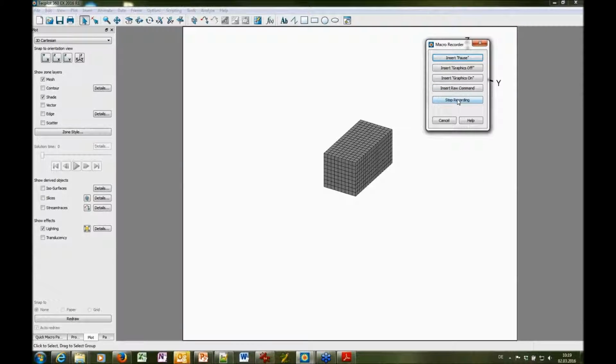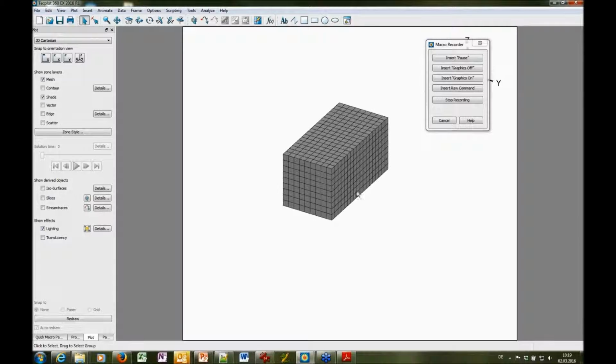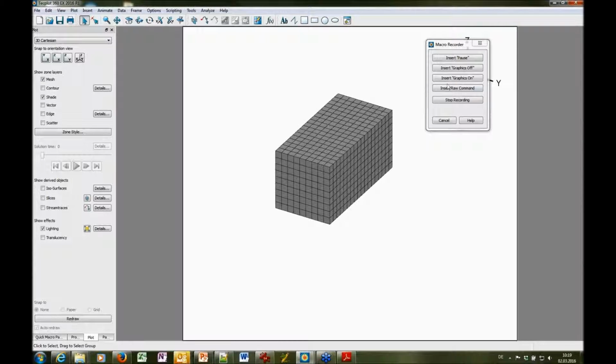because the rest has to be done interactively. But nevertheless, I would like to show you what happens if you now do some graphical things like translation and zooming in, zooming out, and so on. I stop recording,